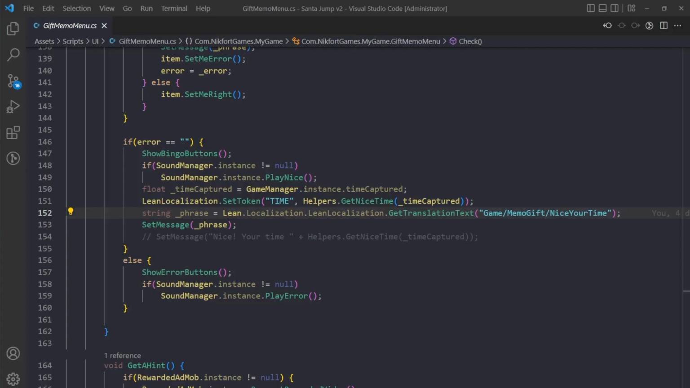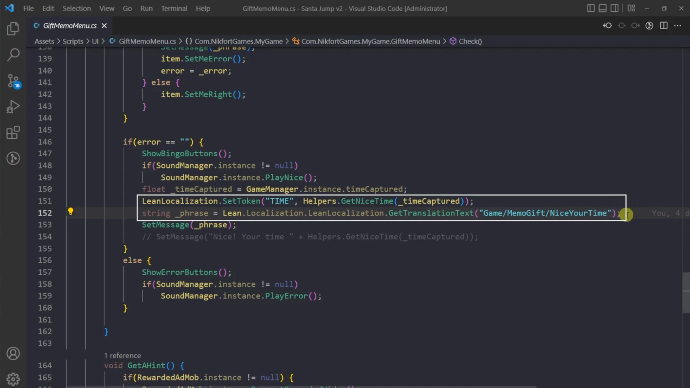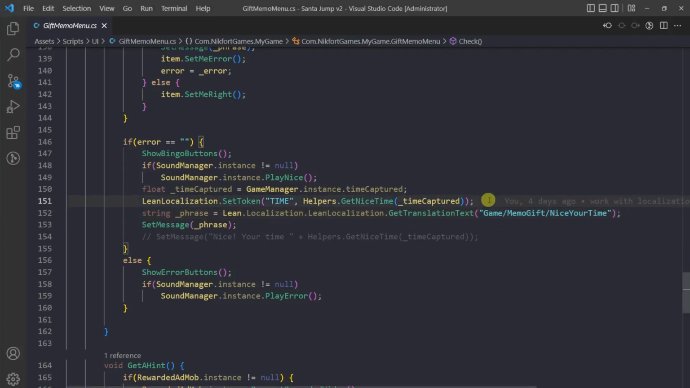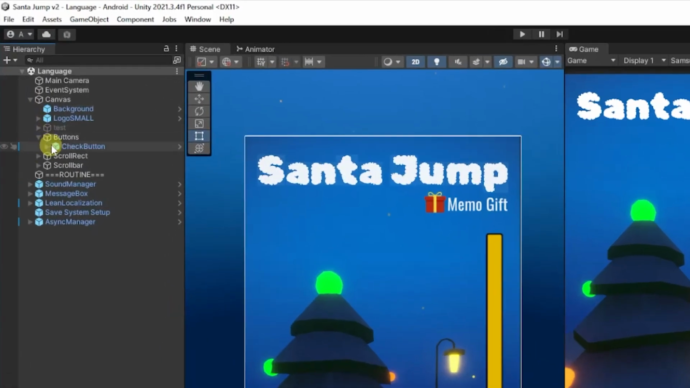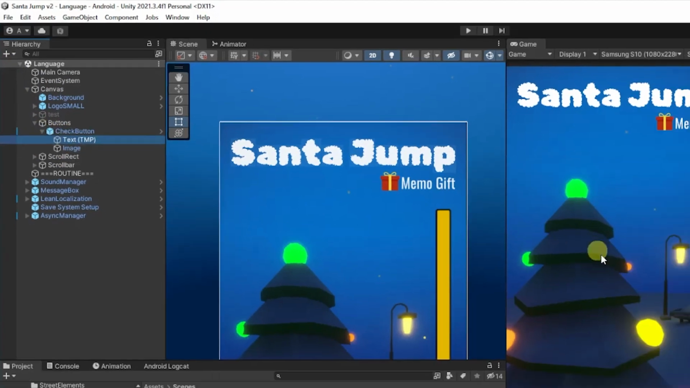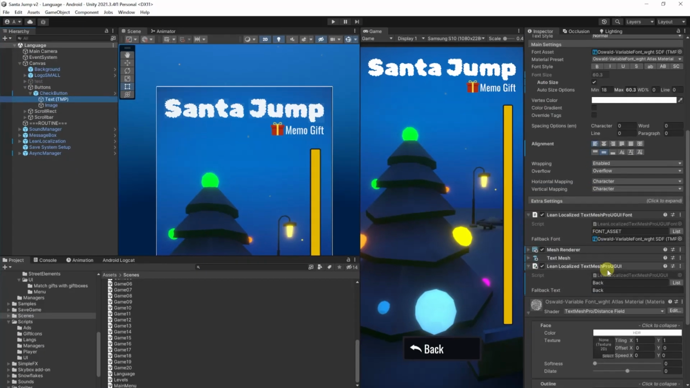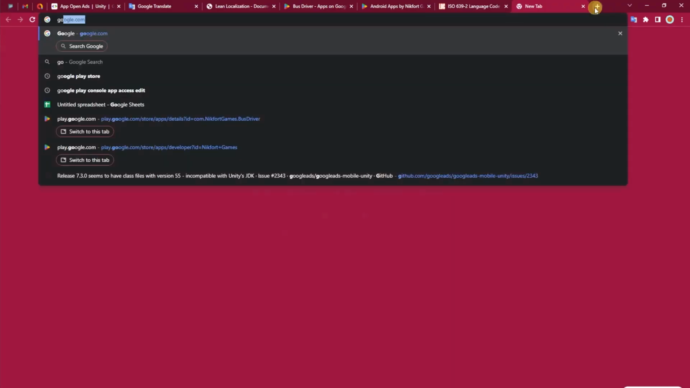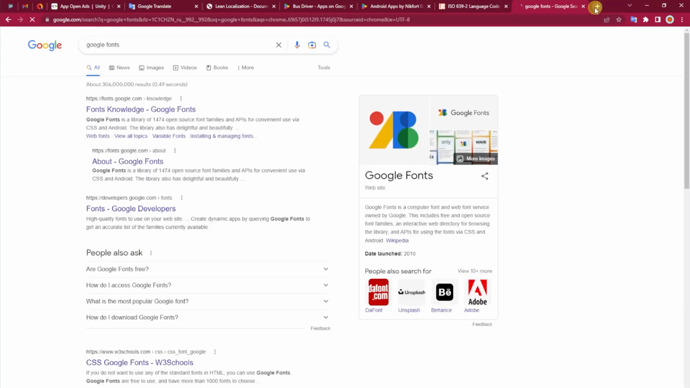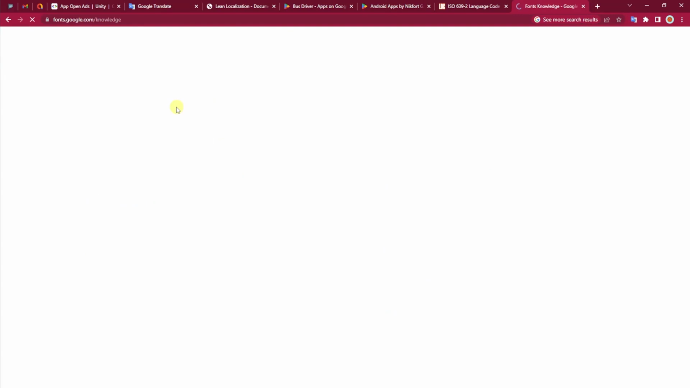Then in code use method LeanLocalization.GetTranslationText, and don't forget to import Lean library using Lean.Localization. And that's all. Did you notice the magic LeanLocalizedTextMeshProUGUI font component? I bet that you did. That component provides a font individually for each language you have. It is unnecessary if your font asset supports characters from all the languages in your list, but in my case